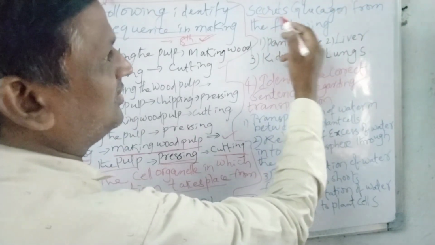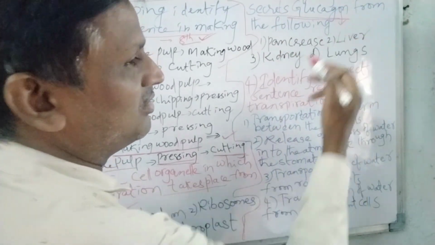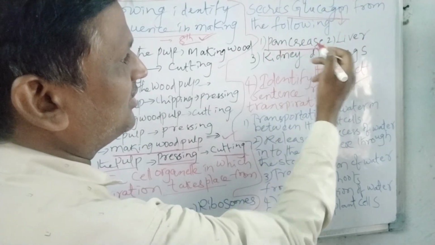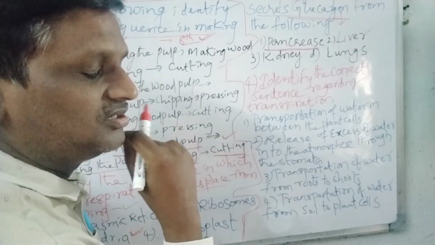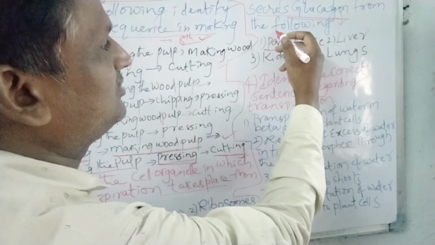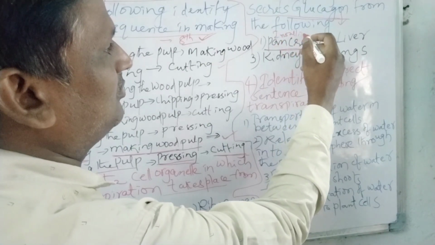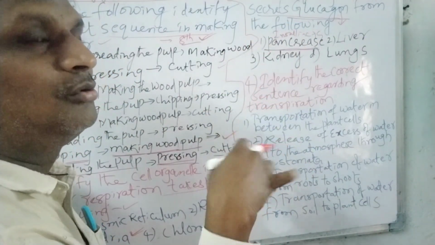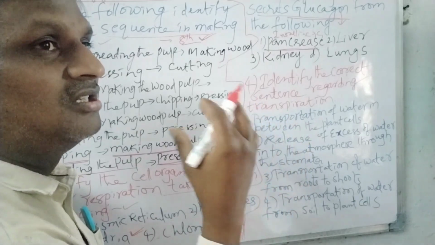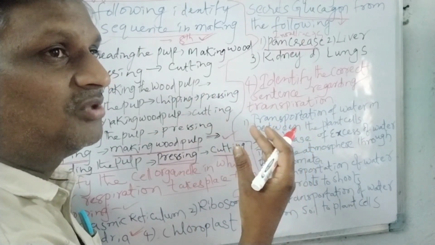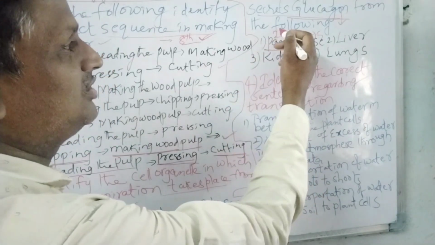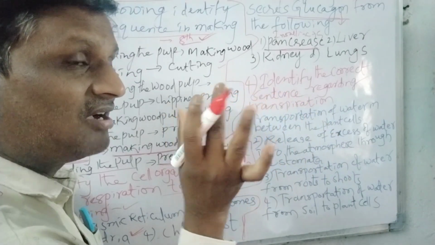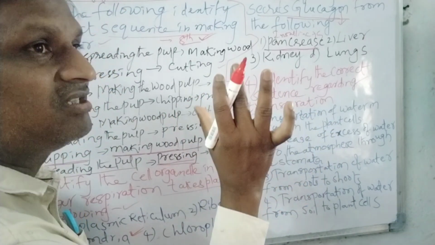Then, identify the gland that secretes glucagon. See here, glucagon is a hormone. Insulin and glucagon both are secreted from the pancreas. Generally the pancreas is a mixed gland of the body. The pancreas secretes insulin, and glucagon, both different types of hormones. Generally insulin controls the glucose levels or sugar levels in the blood. The excess glucose or sugar in the blood can be converted into glycogen by the insulin hormone. Whereas glucagon, whenever there is a lack of glucose or sugars in our body, again this glycogen can be